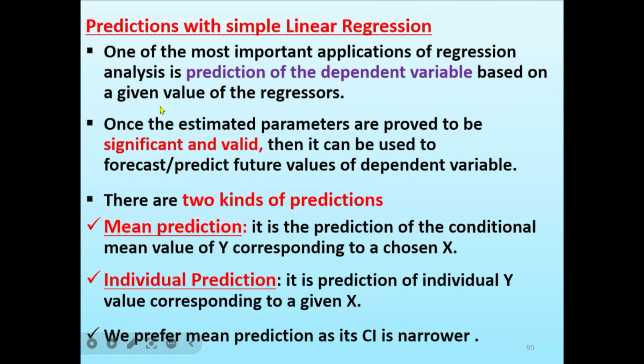So mean prediction አለ፣ individual prediction አለ፣ it's the predictions of individual y value corresponding to a given x። Mean prediction ከሆነ ሚኑን ነው የምንወስደው፣ individual ከሆነ እያንዳንዱን ነው የምንወስደው። So we prefer mean prediction as its confidence interval is narrow፣ mean ስንወስድ more አሪፍ ነው። ኤግዛምፕሉን ይሄን በቀጣይ ቪዲዮ እናያለን።